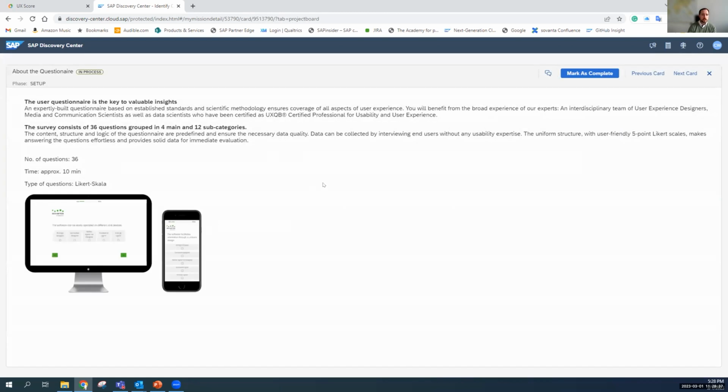So with the questionnaire, I think that's also something that's a commonly asked question. It has 36 questions in the 4 categories that I've already shown you: range of use, utility of use, ease of use, and joy of use, with the 12 subcategories as well. They are 5-point Likert scales, and they do incorporate a lot of the traditional user experience